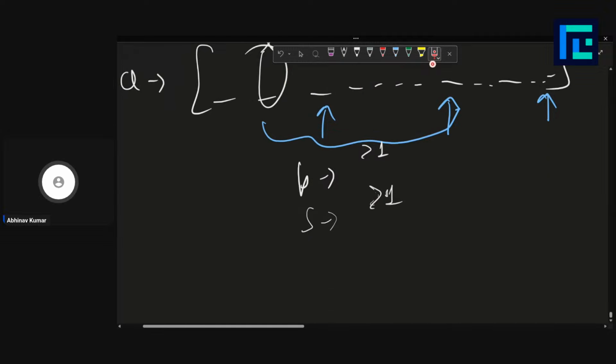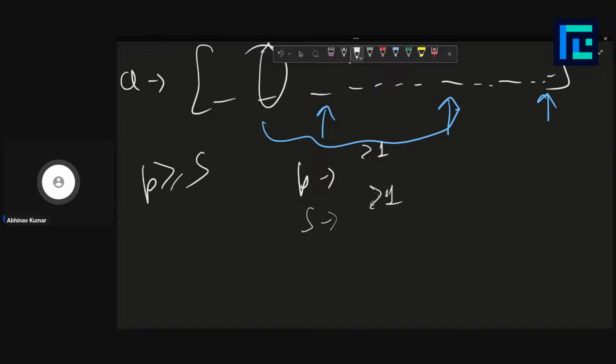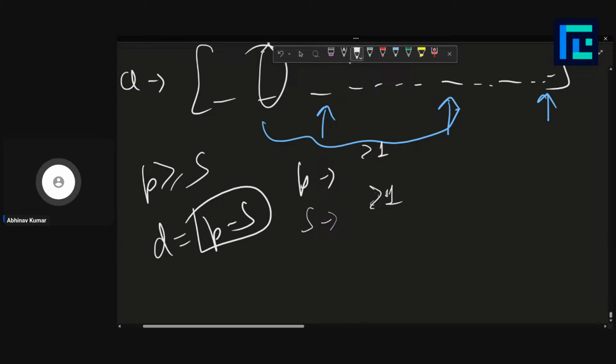So this P would definitely be greater than equal to S. If D is the difference between P minus S and the current count of ones in between is less than D,